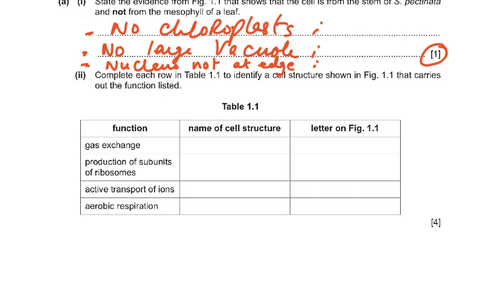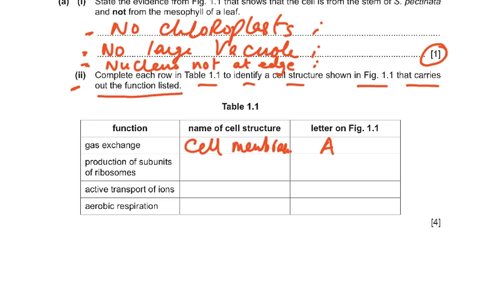Then part 2 of the question says complete each row in table 1.1 to identify a cell structure shown in figure 1.1 that carries out the function listed. Gas exchange. Now where is gas exchange going to occur? Gas exchange is going to occur in the cell membrane. Oxygen diffuses out, carbon dioxide diffuses in through the stomata, but then enters the air spaces and then through the cell membrane. So that could have been A,